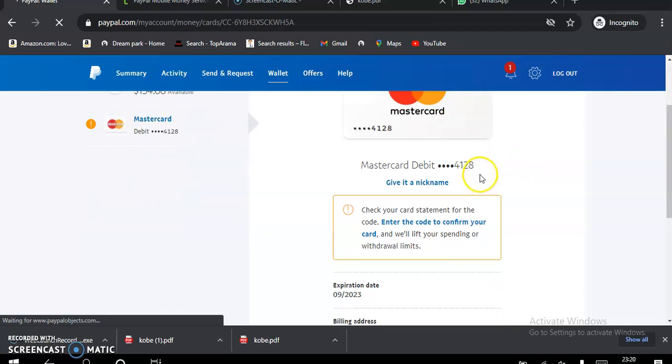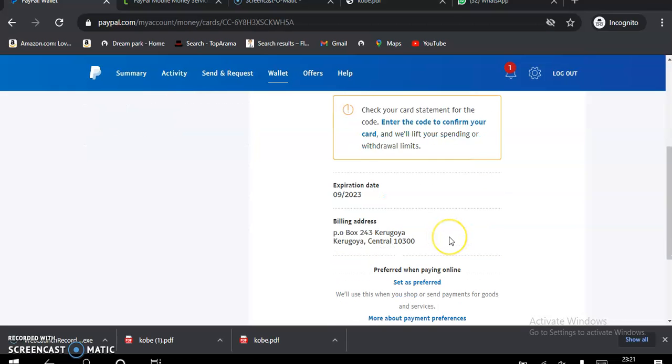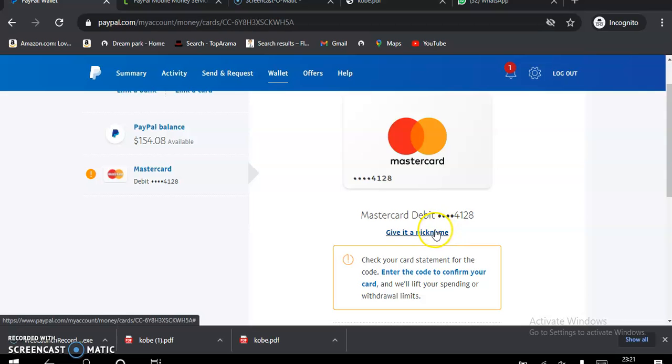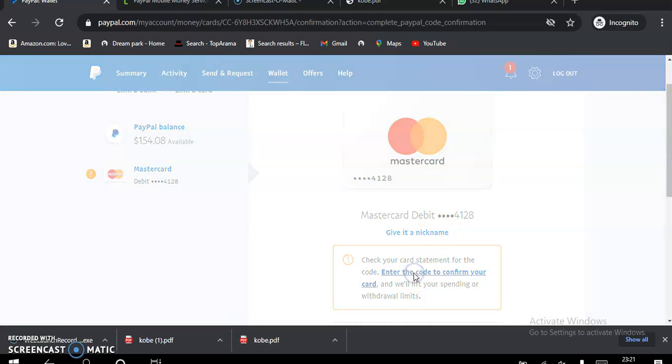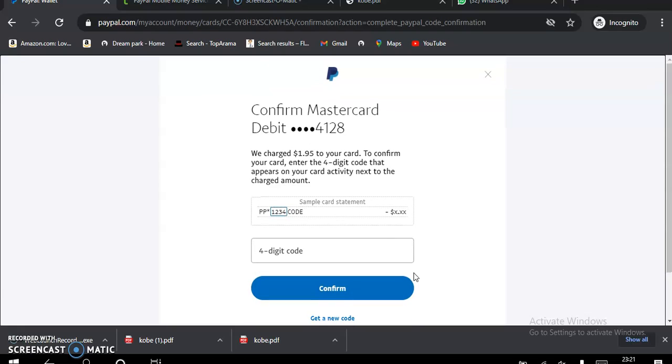So this is the MasterCard that has been attached. So what will it tell us? Check your card statement, and for the code, enter the code and confirm that when we will lift your sending with the draw limits. So we'll just come here and say enter the code to confirm. So the code that we are confirming, it means that when we attach the MasterCard, PayPal charged our MasterCard $1.95,